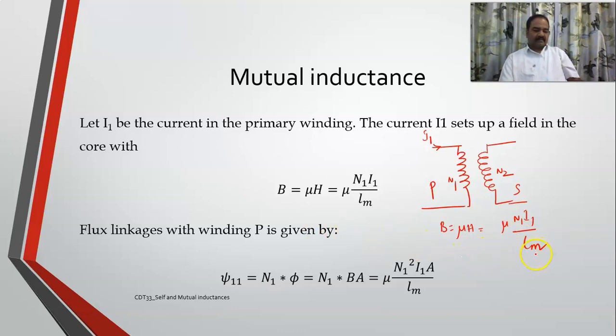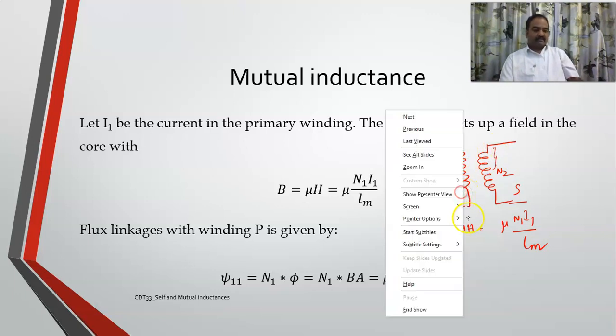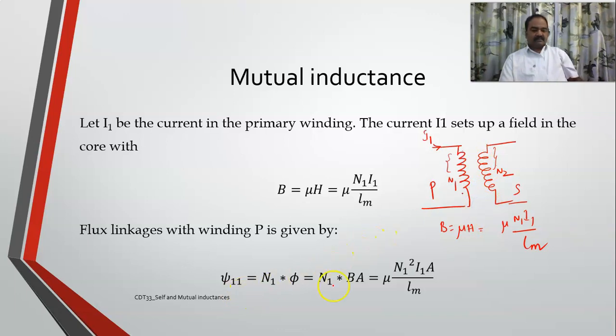The length of the magnetic path, right? Now, this is B, the magnetic flux density. So, how many linkages will be there on the primary side and on the secondary side? It depends upon the number of turns and the flux density, right? So, the flux linkages on the primary side will be equal to the number of turns on the primary side